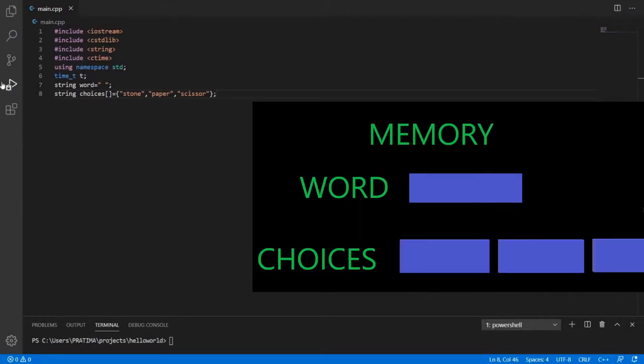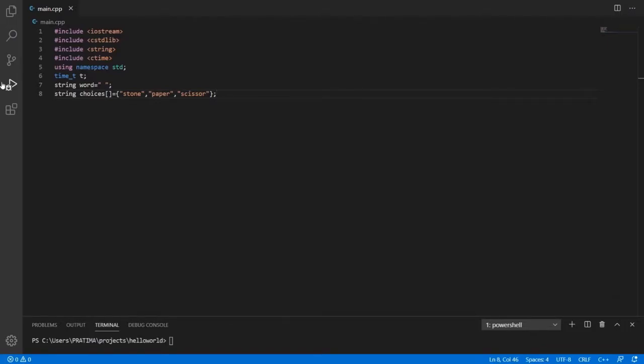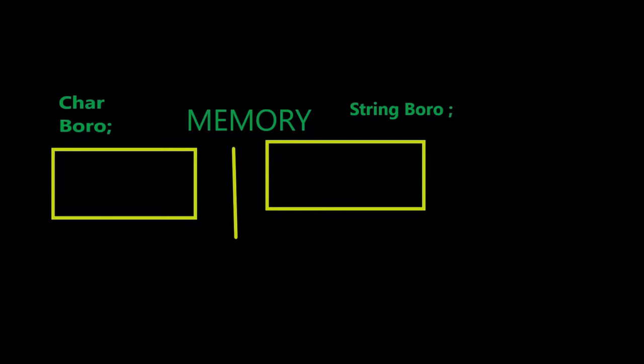To have a better understanding of this, we can clear it up by knowing how it works in memory, how this is getting stored. There is a very simple understanding of memory. Let's define a char variable and a string variable. When you define a char, memory makes a space of one letter. And if you have defined something as char and you try to write something like "hi" or "me", you are trying to put more things into the space than memory will allow. So for that we have strings.